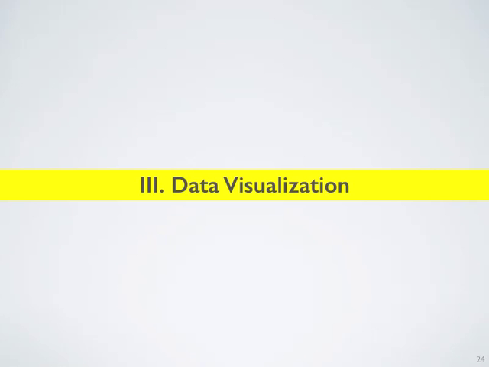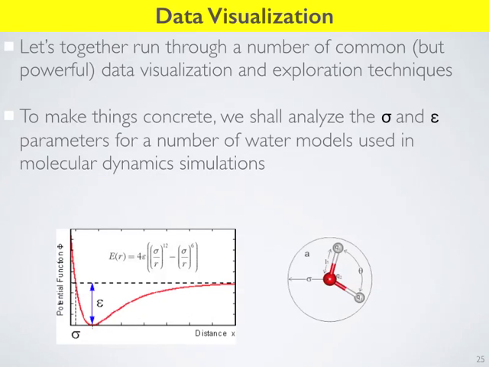Let's run through a few examples of how to actually use MATLAB to do some basic stuff. Let's start with some data visualization, because a large part of what you're going to be submitting for your project is make a plot of this, do a linear regression on that, and then you have to submit those things as part of your project. Data visualization is one of the most important tasks you can do with MATLAB. So let's run through some of the most common data visualization techniques. To make things concrete, we're going to analyze this super synthetic example. It's in many ways a bad example, but that makes it in many ways a good example.